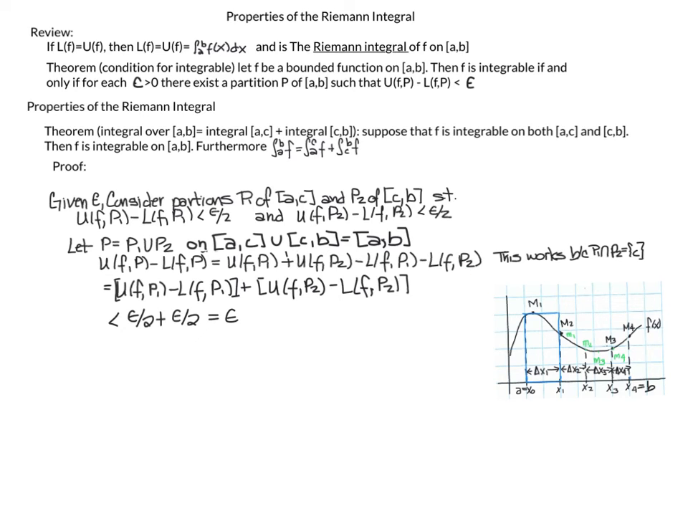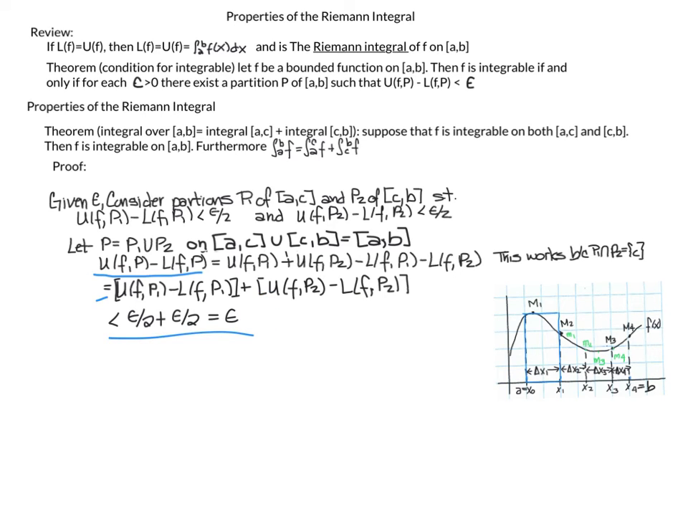I'm going to rearrange my terms. I'm going to rearrange my P1s together and arrange my P2s together so that my upper sum of P1 minus my lower sum of P1, which is what I have up here, is less than epsilon over 2. And my upper sum of P2 minus my lower sum of P2, which is somewhere here, is less than epsilon over 2. So together, they're less than